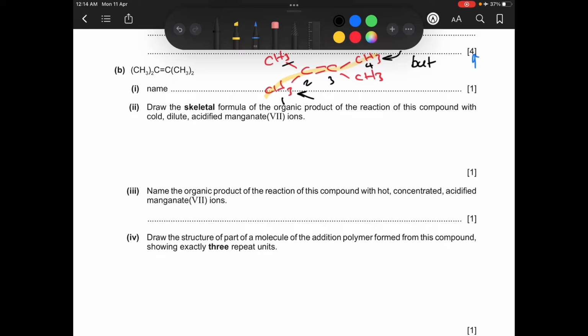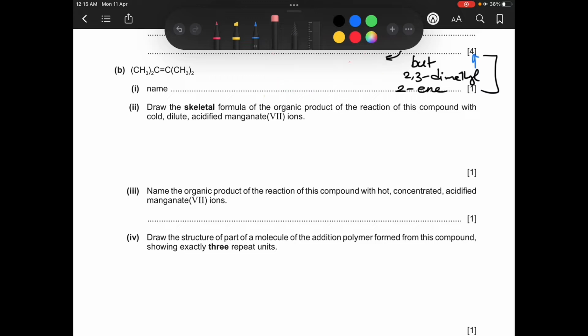You will notice that you have a methyl group on the second carbon and another methyl group on the third carbon. So we could say that you have 2,3-dimethyl. And you notice that the position of the double bond is on the second carbon, so it's 2-ene. We can combine all of these words together and then we can find the answer. So the name will be 2,3-dimethyl